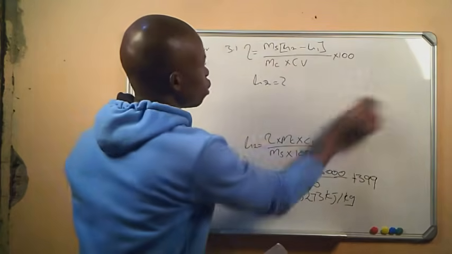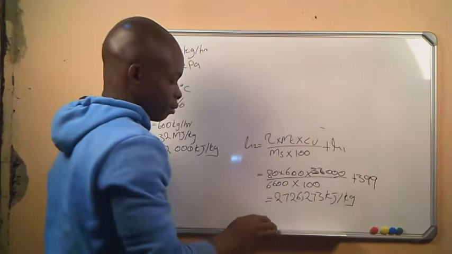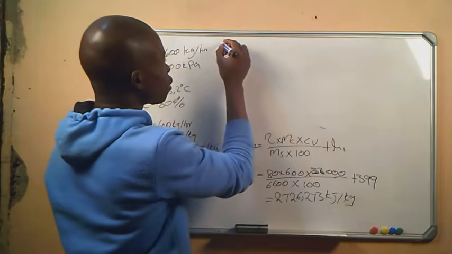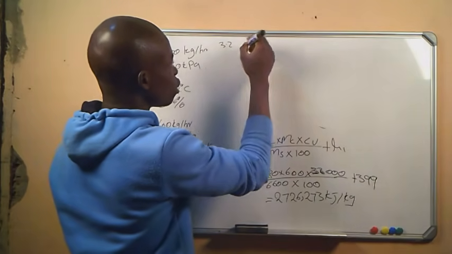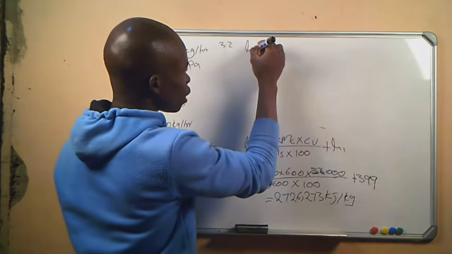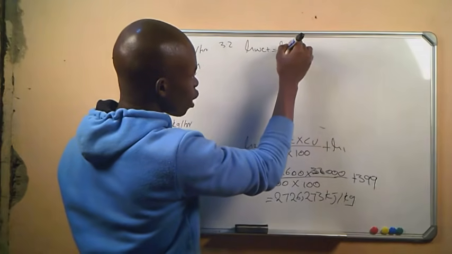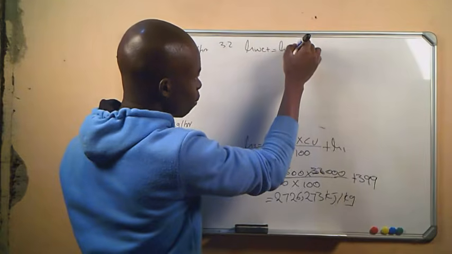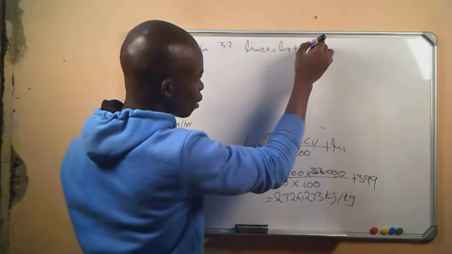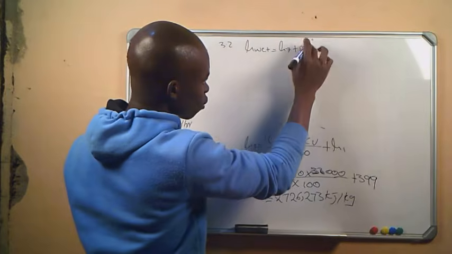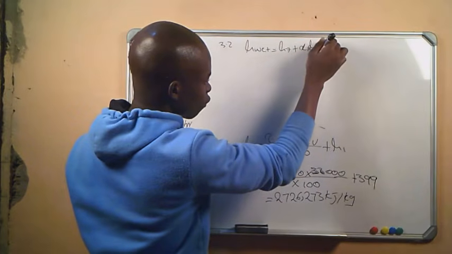So we can just say 3.2, we know H wet is equal to HF plus X times HFG